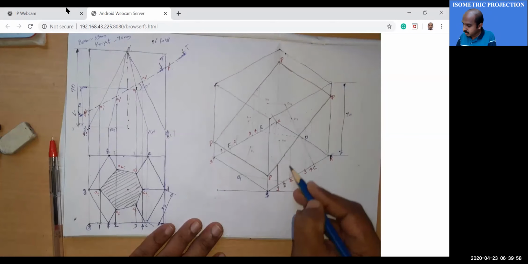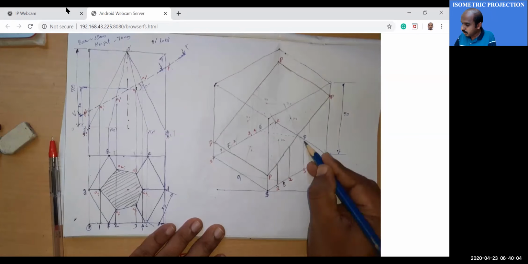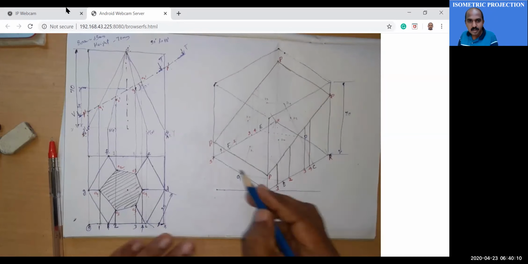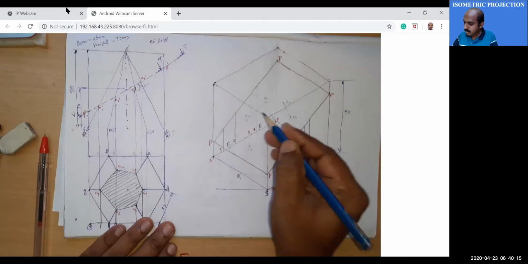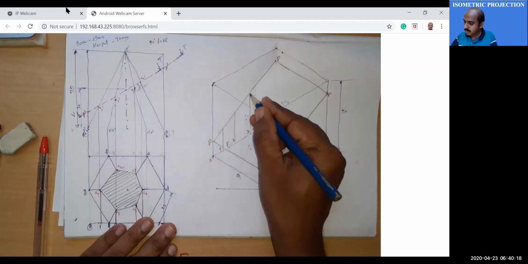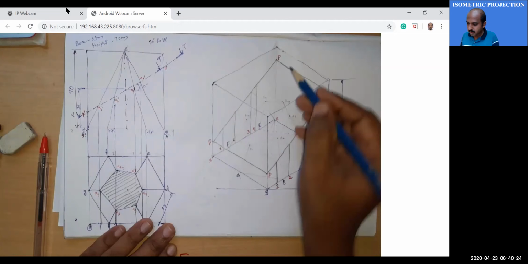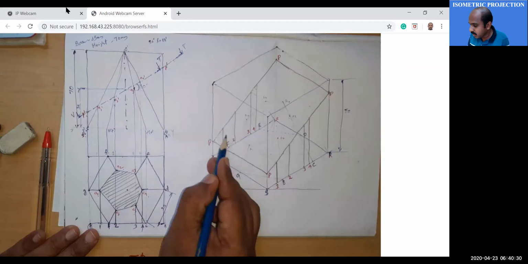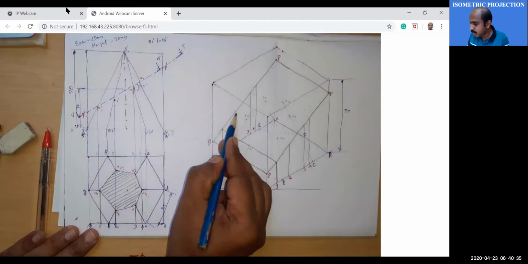So from 2 also you draw a perpendicular, 3 also, 4 also. From the other end also, perpendicular lines from 2, from 3, from 4, until they meet the PP line. Now what you can do? Here two touching points are there. You connect those two touching points. Here also you can connect it. And now you have connected 2, 2.